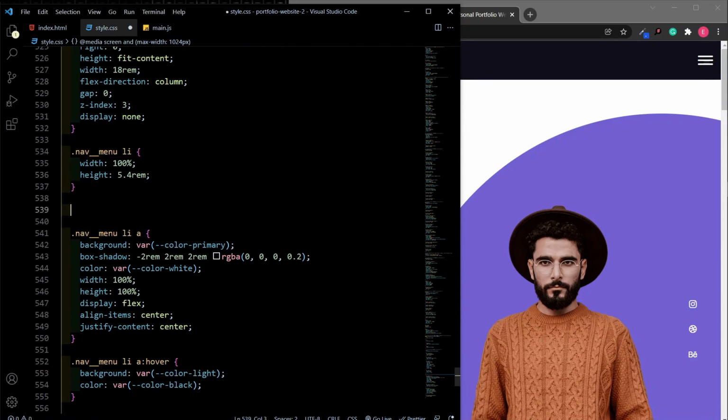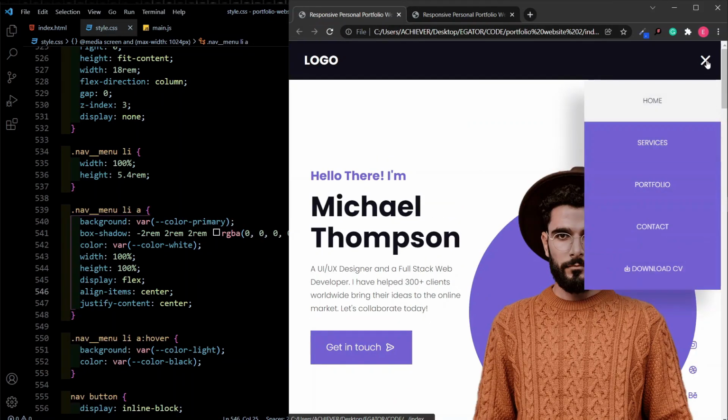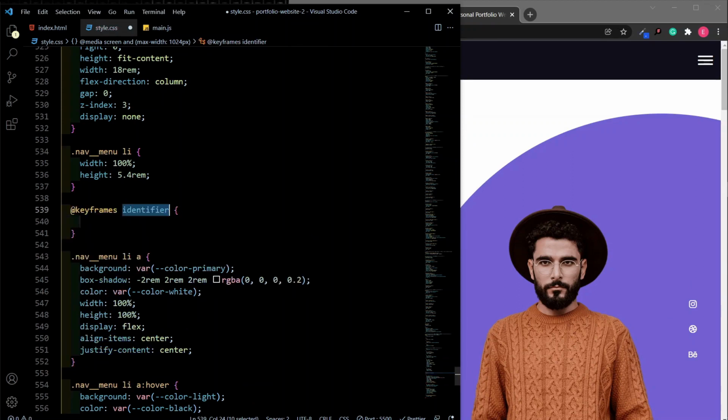Okay, so I'm going to write an animation here, and this is the animation I'm trying to achieve. Okay, this is what we are going to achieve here. I'm going to write an animation keyframe, and I'm going to call this flip nav item. That is the name of the animation, and here we can do 0% for the start of the animation and